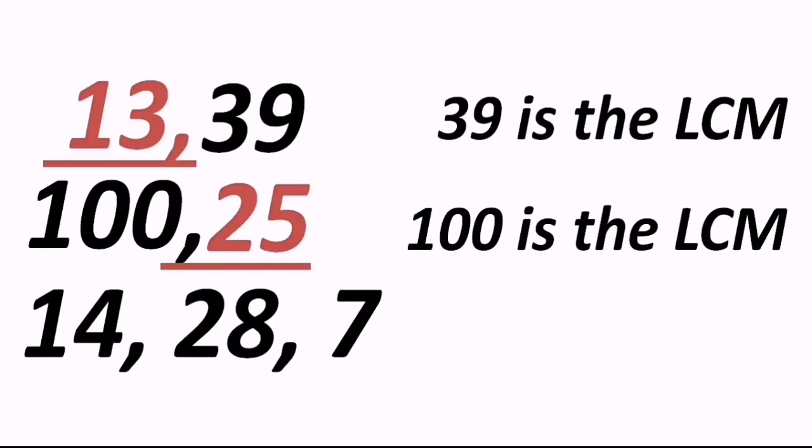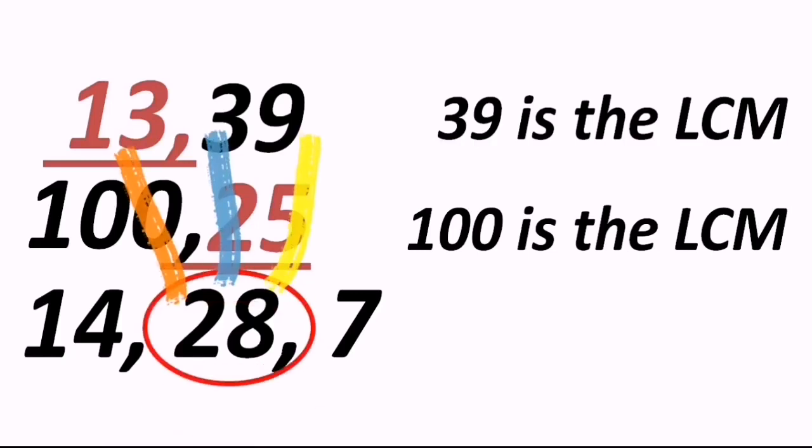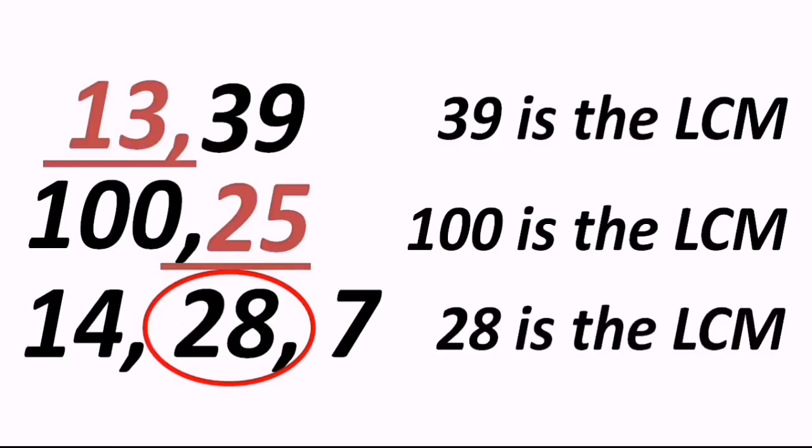Keep it in mind. So whenever three numbers are there, which is the biggest one presently over here? 28, and that 28 must be present in the remaining two numbers' tables. Okay, so what do we have? 7 4s are 28. So of course the first condition is satisfied. And the second other number is 14. 14 2s are 28. So both the numbers are satisfied by their tables, correct? I mean to say the rule is satisfied, that 28 is present in both the tables, and that is why 28 is the LCM. Keep it in mind.